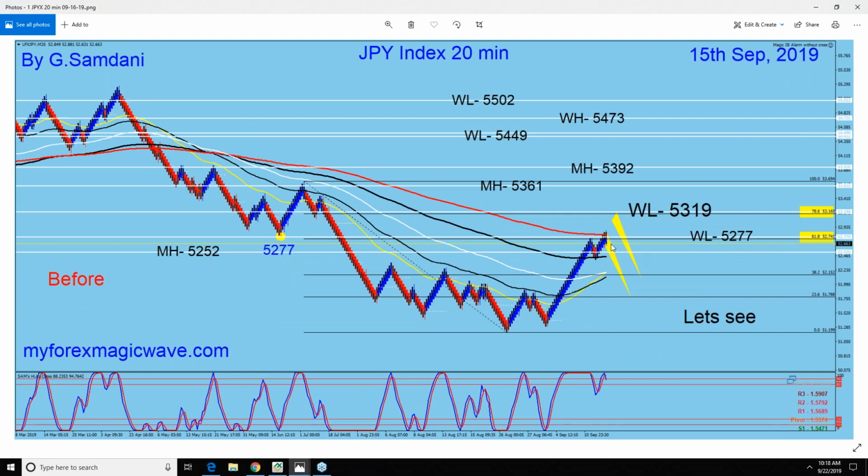we're going to drop from here back to the 23% line. That's what it does most of the time. Or it may go up, hit 53.19 or 78%, and then drop to 38% and then go up or down, right? Depends step by step. So now from here, the chances were that it's probably going to go up, maybe, or we will make the turn from 61%